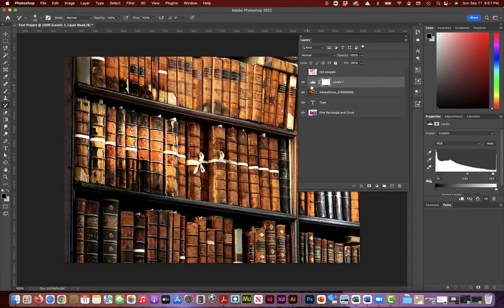When that layer style applies, it's applying to every layer below it. So I can move that, but it's going to apply to every layer below it. If you want it to be toggled or tied to just one single layer,